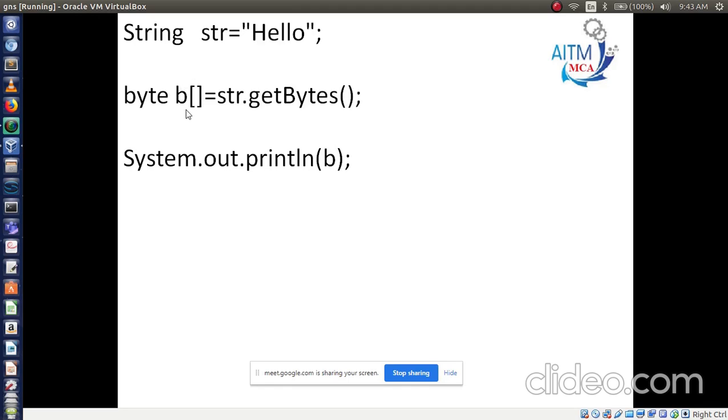Now I am printing this variable B. So any guess what kind of output it will give? Can anyone tell me the output for this?